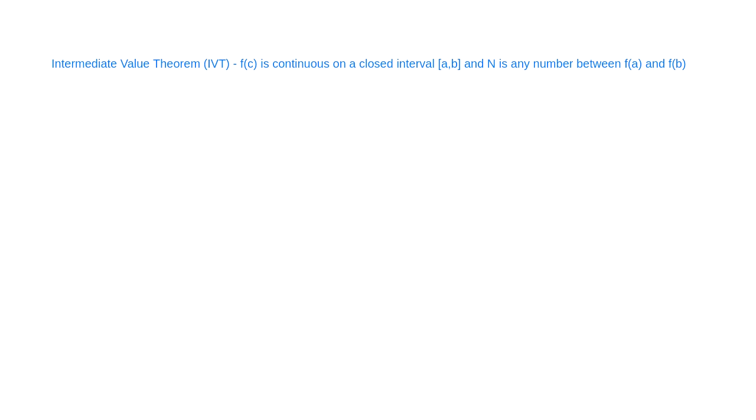and capital N is any number between f of a and f of b, where f of a does not equal f of b, then there exists a number called c in the interval from a to b, and we cannot count a and b since those are already defined, such that f of c